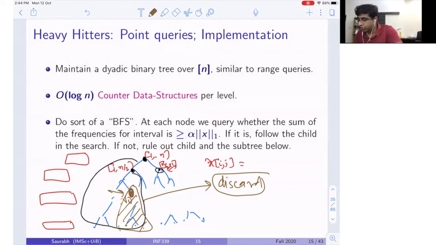Is there any question on how the actual implementation will happen? Suppose I gave you this tree physically, then we could apply this algorithm and output all those x_i's. Why the running time is what it is, we'll worry about later. How to maintain this within the space bound which I'm claiming, I will explain in a minute. But is the algorithm clear? Anybody? Any question?